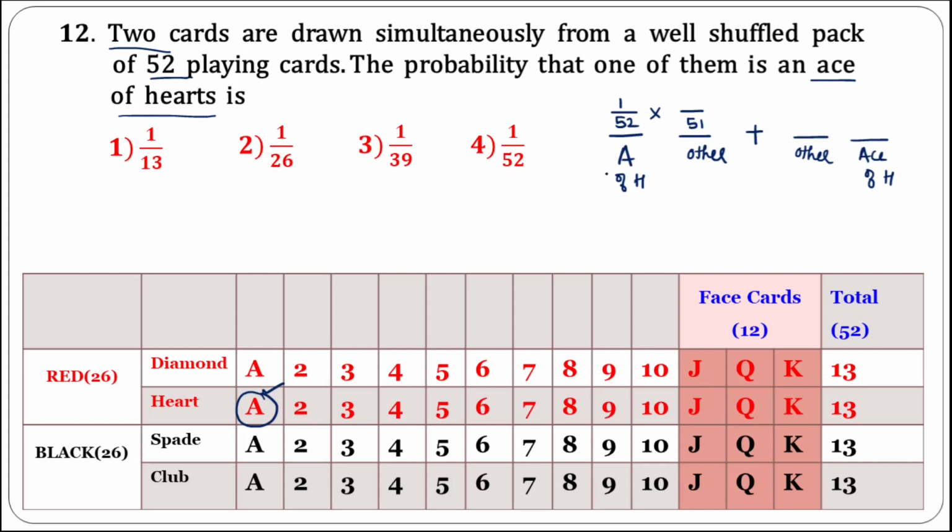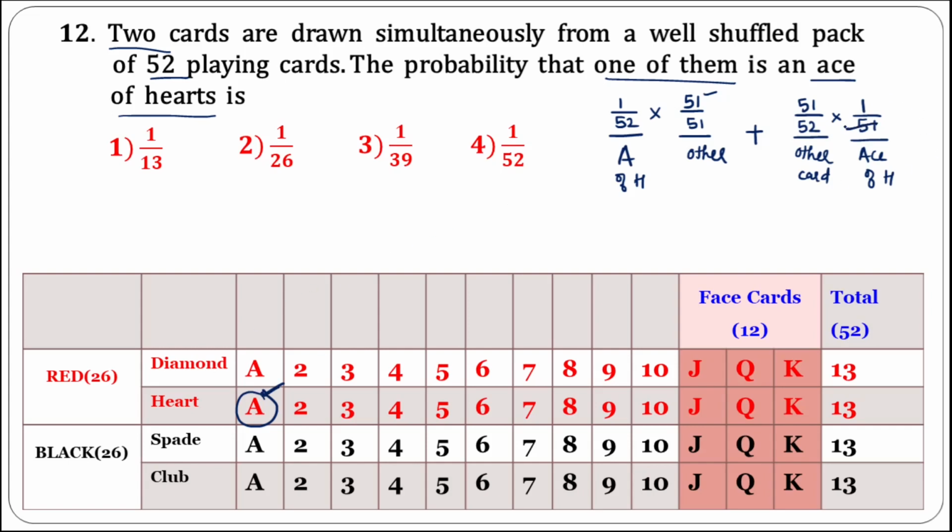Now how many cards can you select now? You are given the condition that one of them is ace. Other can be anything. So you have total 51 cards. You can select any one of those cards. Means you have again 51 options. Now here, or other card. This case, first I am selecting other card. Except the ace of heart, we have 51 cards. Initially there are total 52 cards. And when I have selected 1 card, other card, I am left with 51. Out of that I have to select the ace of heart. Ace of heart we have only 1.